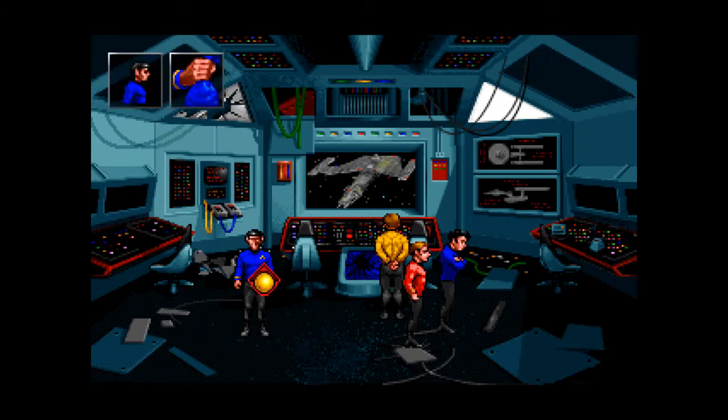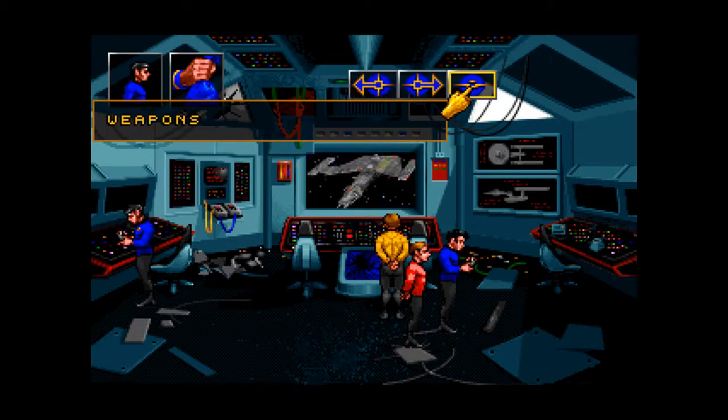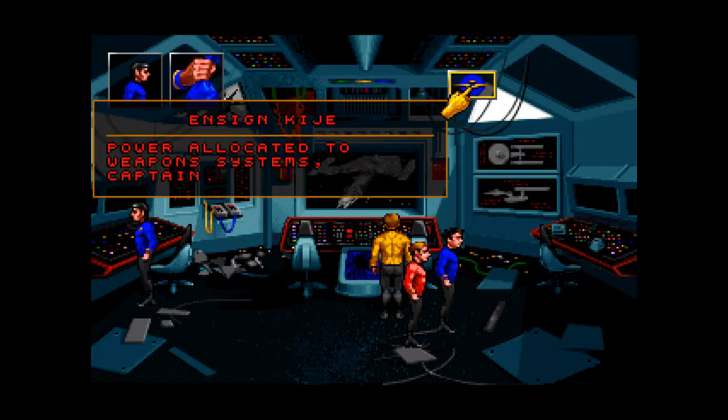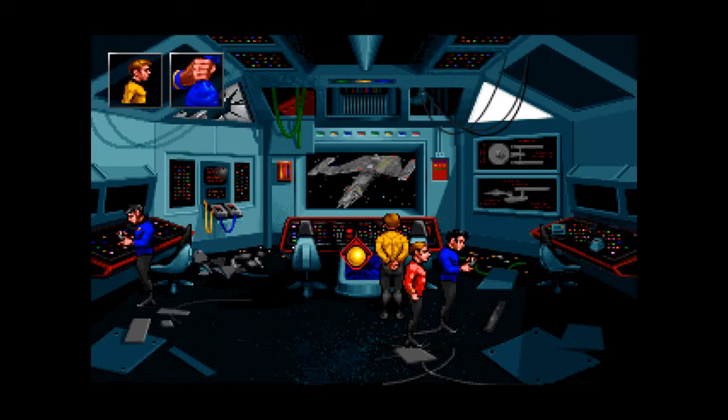Now, according to GOG, that's the wrong thing to do. I looked at the GOG support page, and they actually have the workaround to keep the game from screwing up. So, we've heard this part before. You want to do weapons here, if you're using the GOG version, and presumably the Steam version, because the second you raise shields...